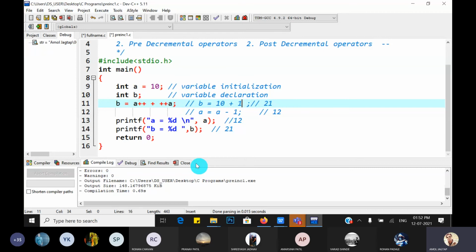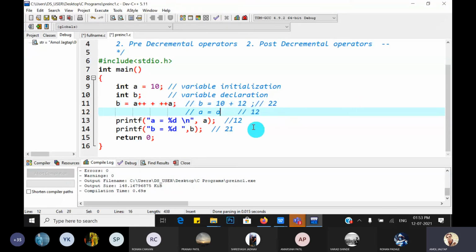So B becomes 22 and A becomes 12. It's not changing, because A plus 1 happens two times. So the initial value of A, 10, becomes 12.